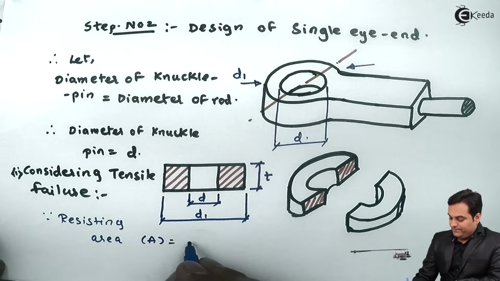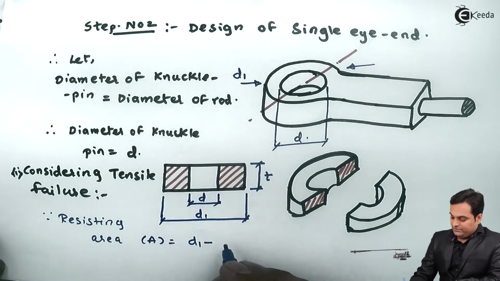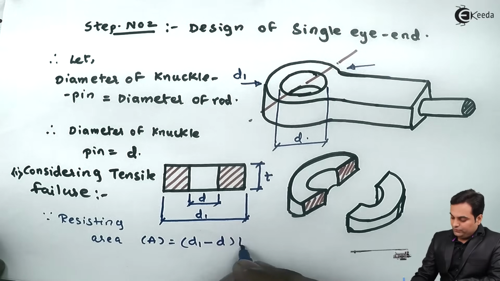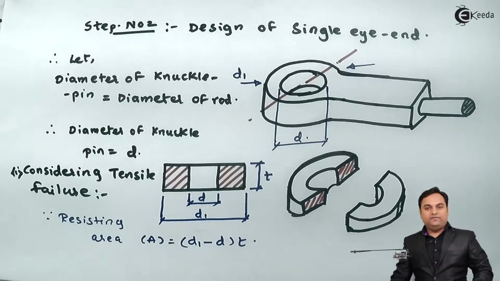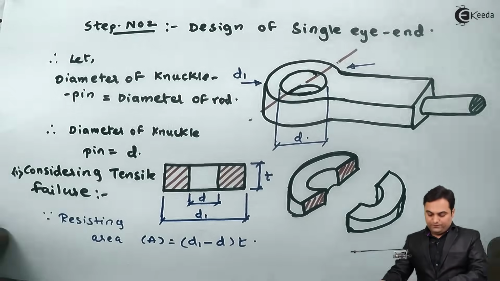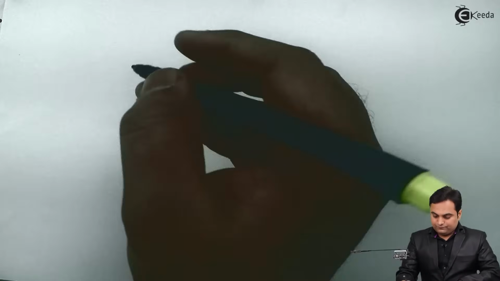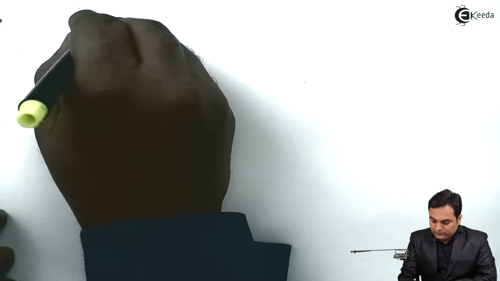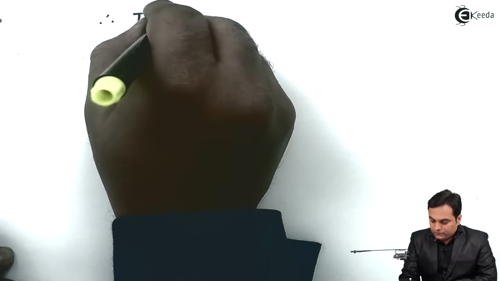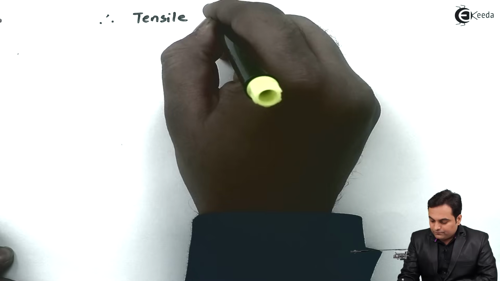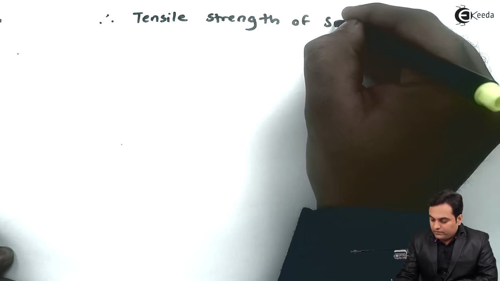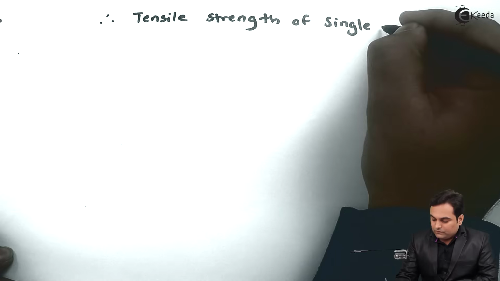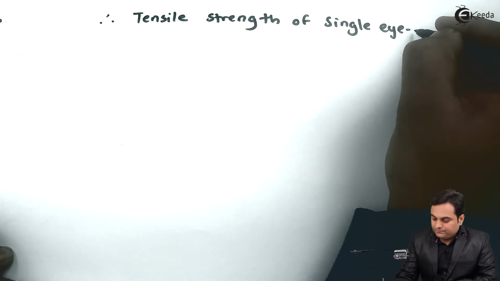So it will be (D1 minus d) into t, the same resisting area which we have here. So therefore the tensile strength of single eye end,